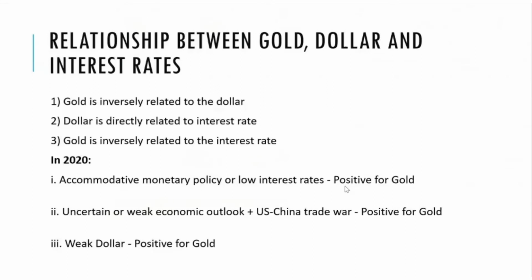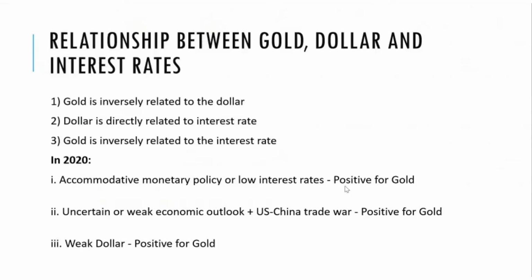In 2020, there were a lot of things that were very conducive when it came to gold. Number one was the accommodative monetary policy, or low interest rates. Since gold is inversely related to the interest rates, it was a positive for gold. Also, there was an uncertain or weak economic outlook and a lot of political turmoil and uncertainty, and that was also a positive for gold. And also, since gold and the dollar are inversely related, a weak dollar in 2020 also greatly helped